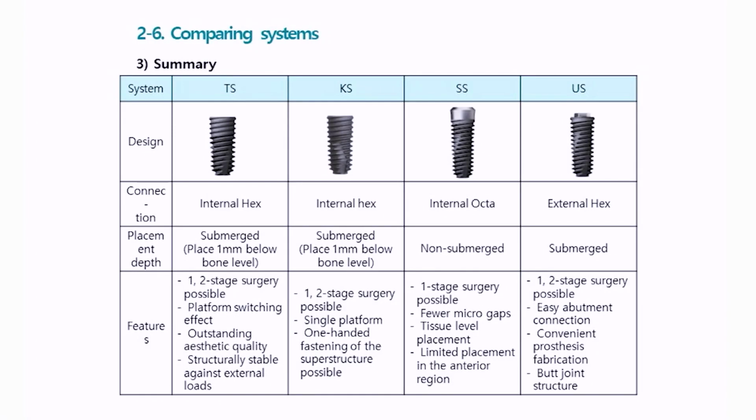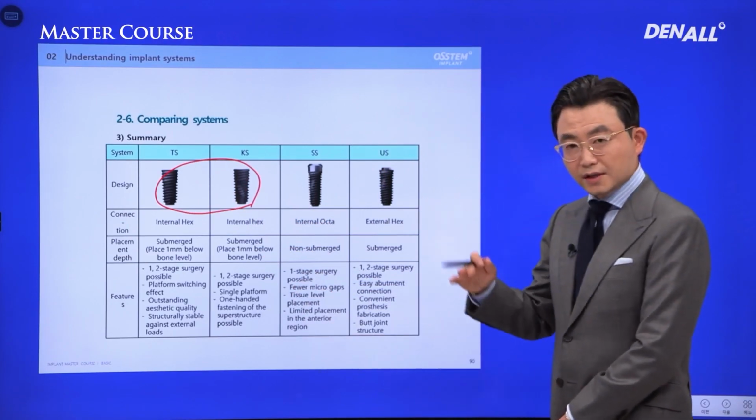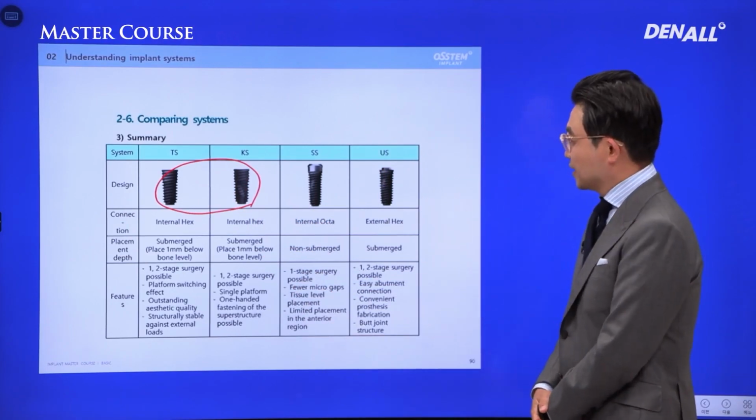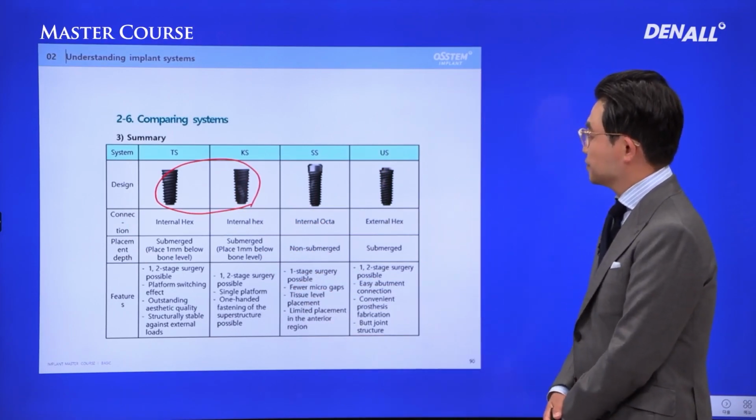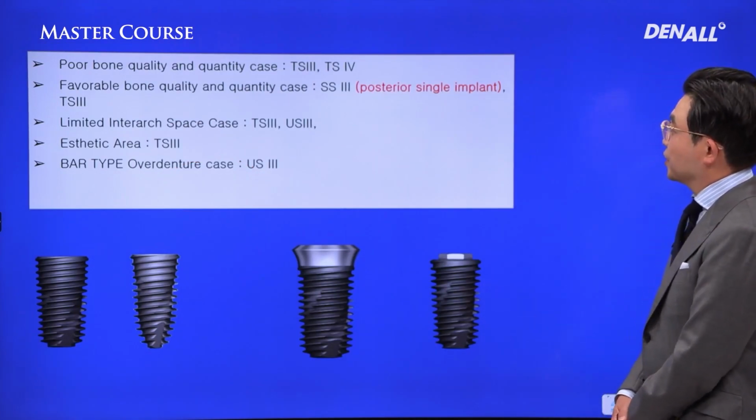So in other words, SS, TS, and US are 3 big groups, and TS and KS are very similar, like brothers. And my recommendation would be,